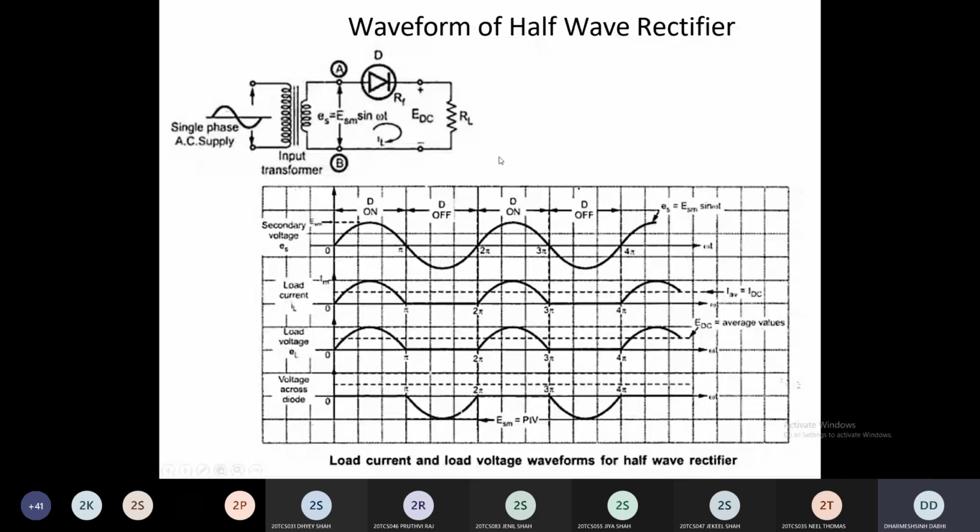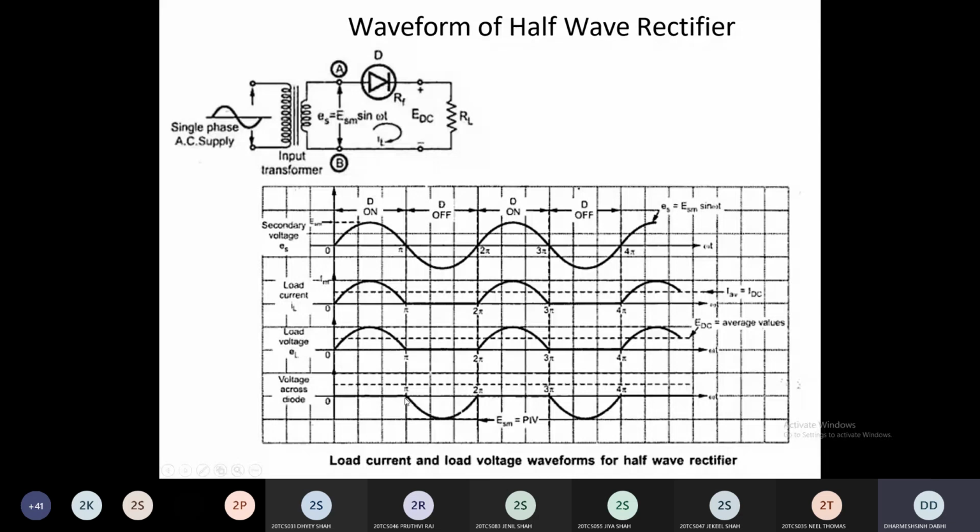So when does voltage come across the diode? When it is in off condition, when it is open circuit, clear? And how much voltage comes across the diode? The same as the supply voltage. You can see that during the off condition of the diode, that is a negative voltage. At the secondary side, upper terminal A is negative as compared to B. So whatever the negative cycle of supply voltage, you get the same across the load. You can see here the waveform of voltage across the load.